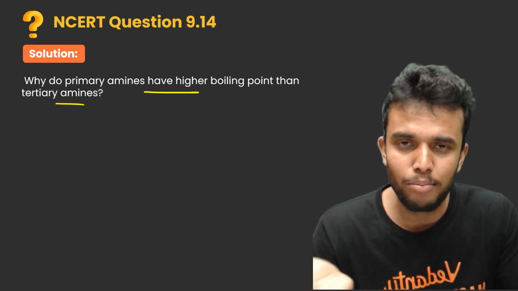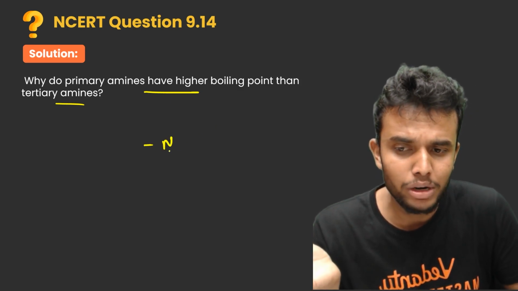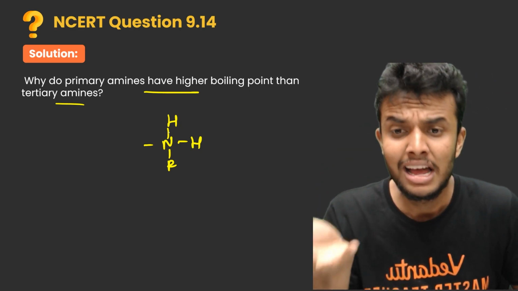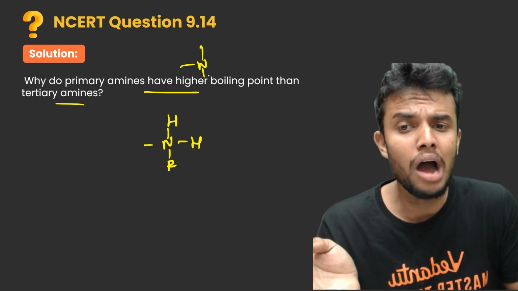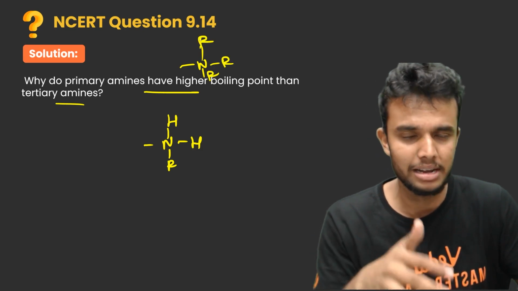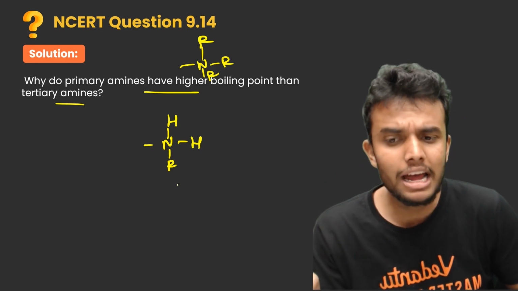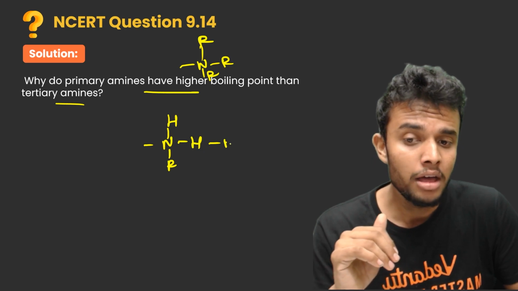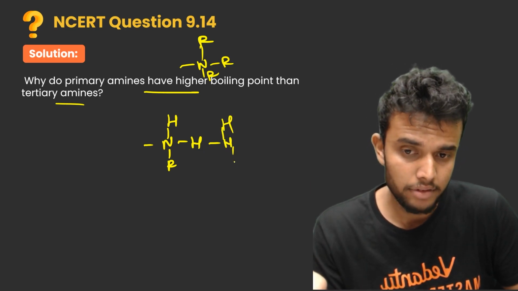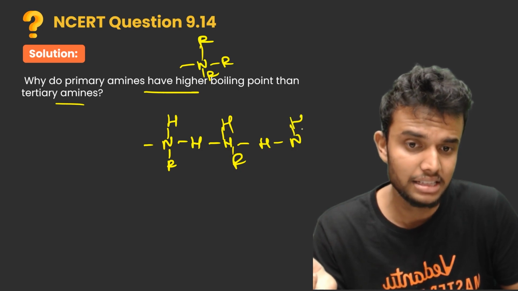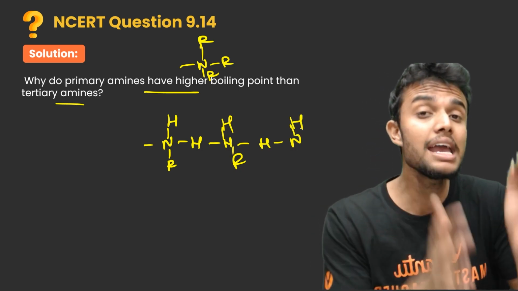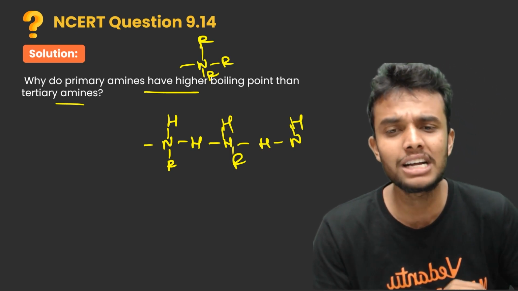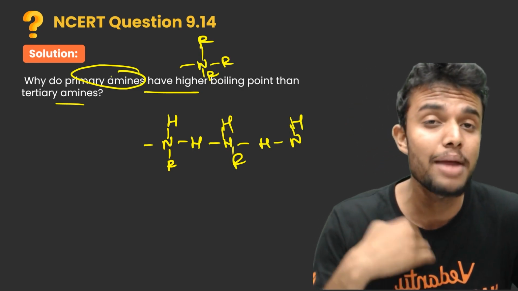Second one: why do primary amines have a higher boiling point than tertiary amines? Primary amines do have a higher boiling point. Why? What is the structure of primary amines? They have only one R group attached, compared to the others. In tertiary amines all three H are replaced by R groups. Here, intermolecular hydrogen bonding is formed between one molecule and another, N-H bonded to another molecule like this. That's why we need high energy to break the nitrogen-hydrogen bond, and that's why